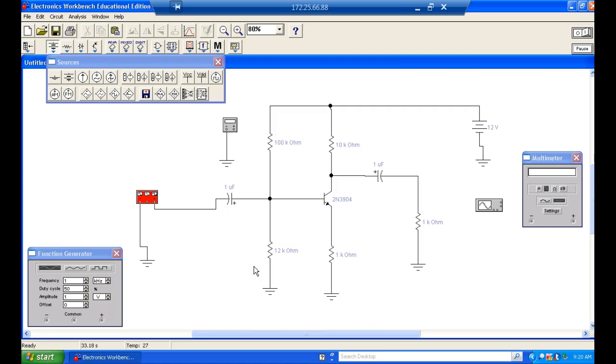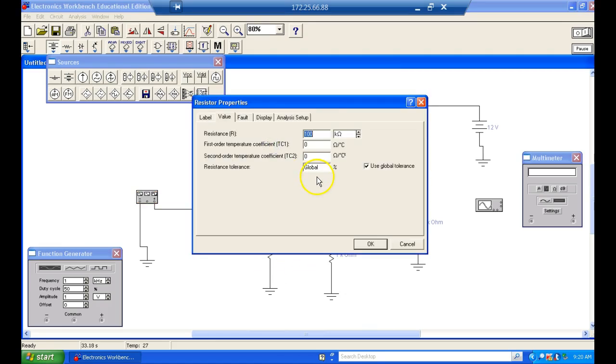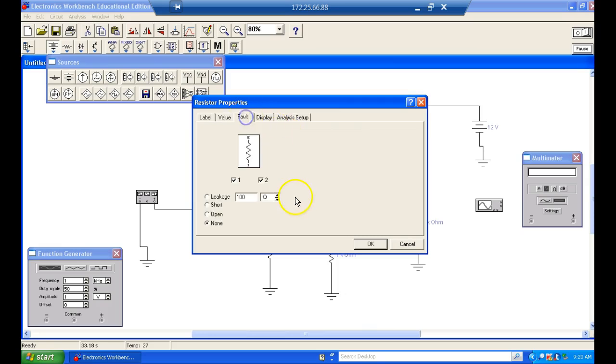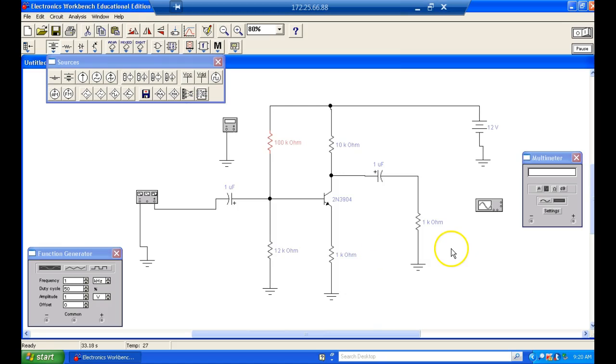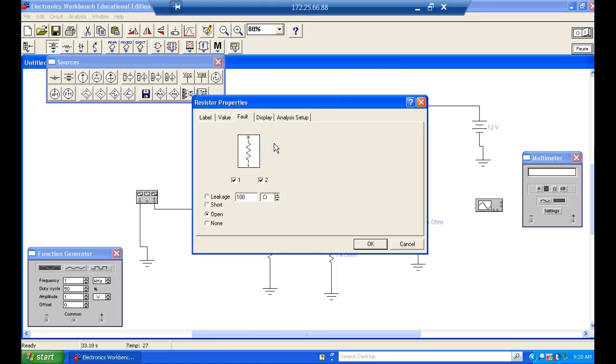Resistors could open. So let's go around and open up some resistors and try to anticipate what's going to happen. Okay. So what should happen if I come up here and open right here this 100K? What should we expect to happen? Now, what we should have done, let's go back here and look at our inputs and outputs before we start putting